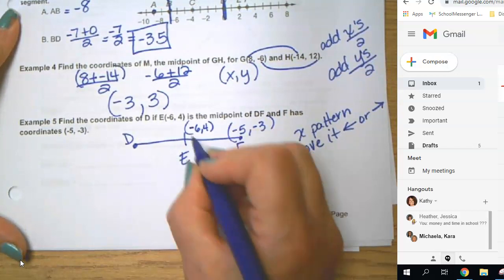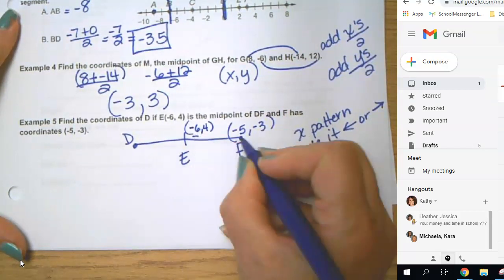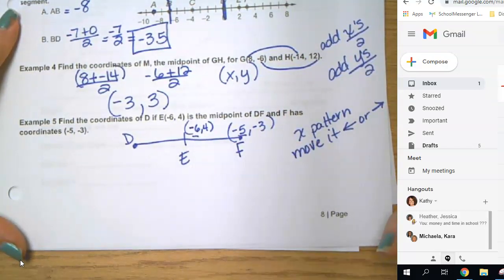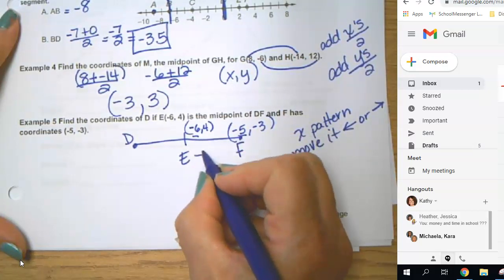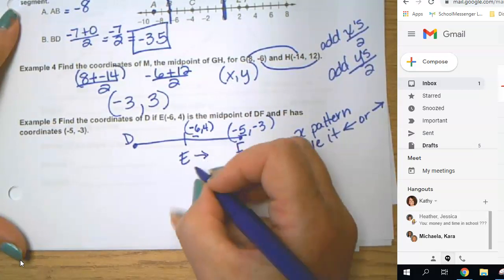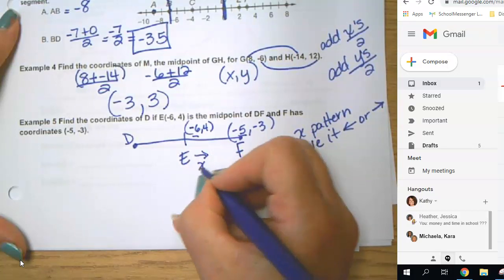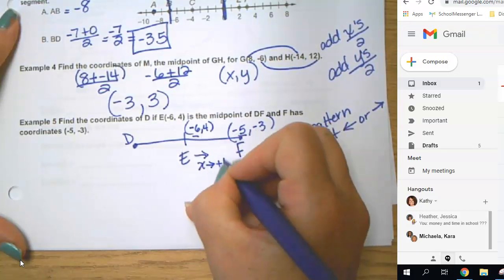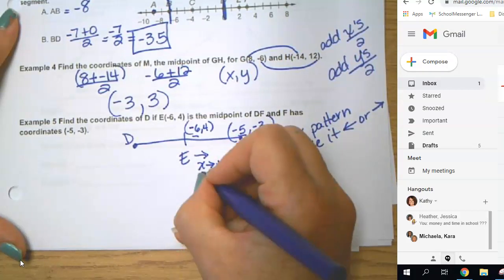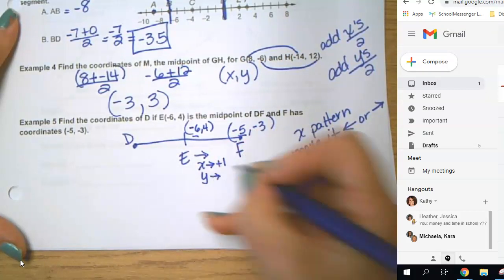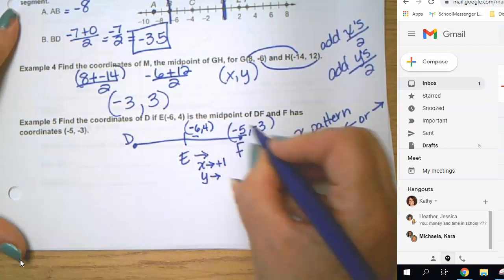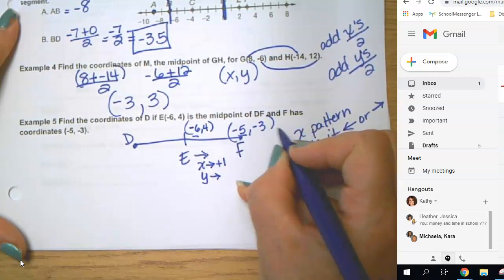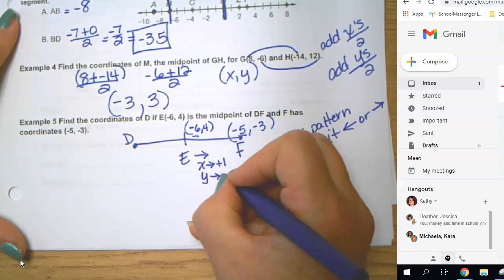So if I look at my x's, I'm going from -6 to -5. So when I'm moving this way on my x, I am taking my x and I am increasing by 1. If I look at my y and I'm going this way, 4 to a -3,